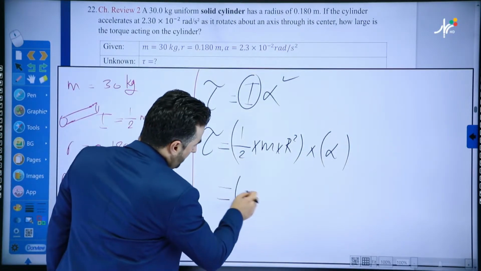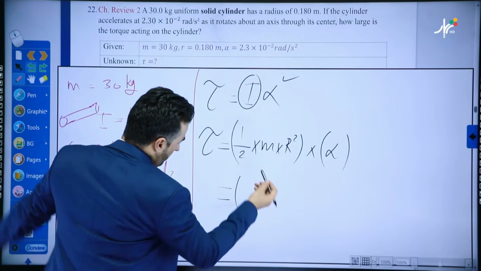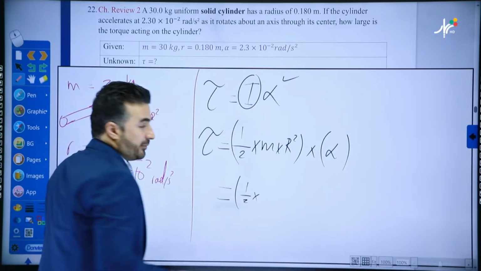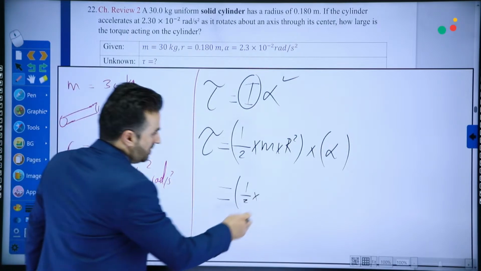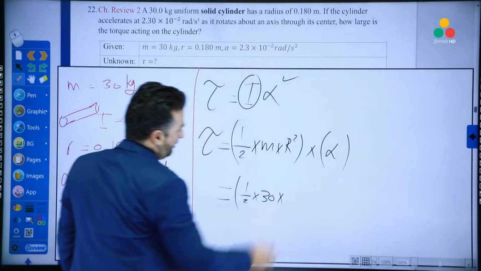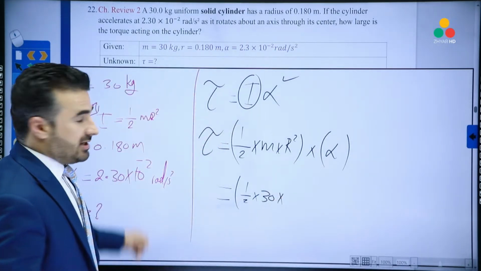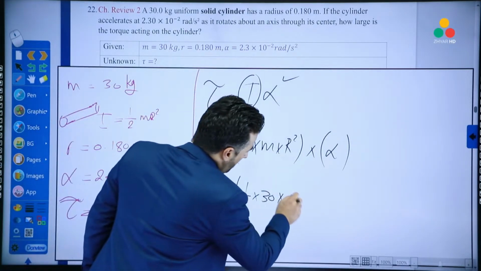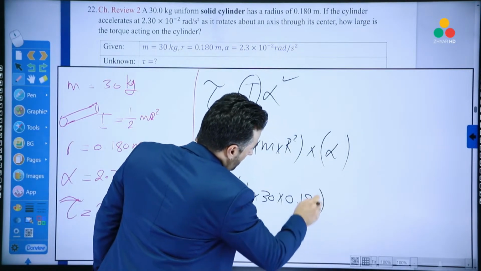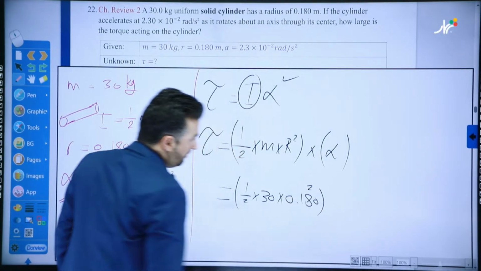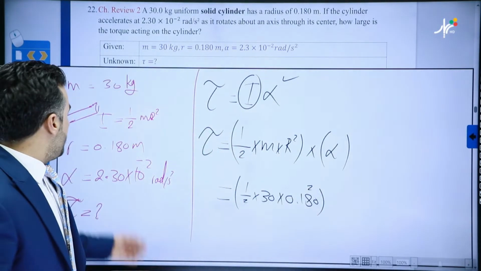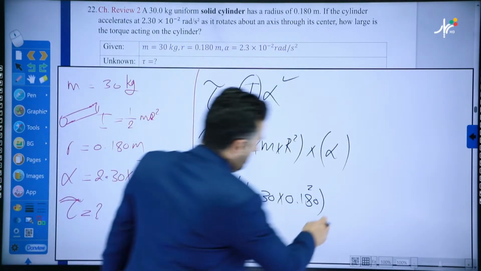So 1 over 2, or 0.5, multiplied by the mass, which is 30 kilogram, multiplied by the radius, which is 0.180. Don't forget, this is squared. And then multiplied by the angular acceleration, which is